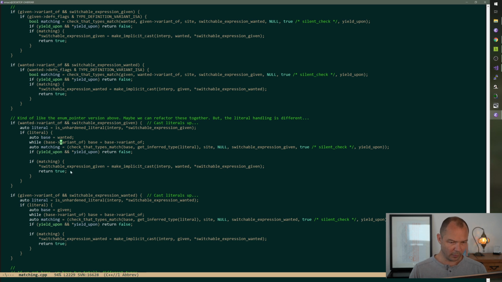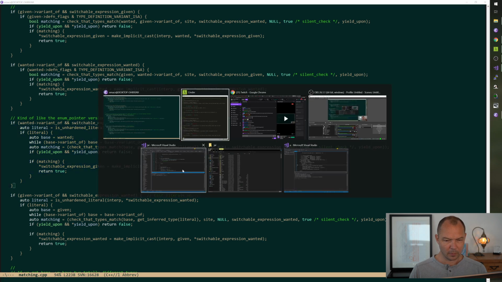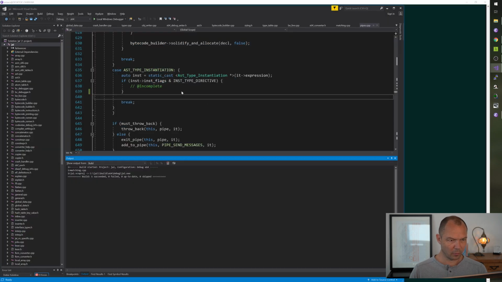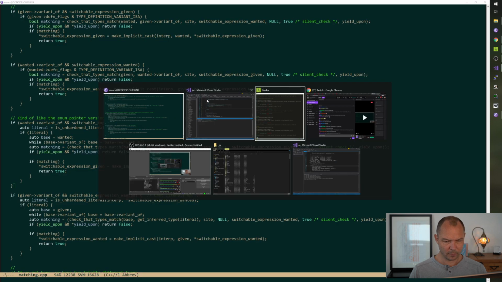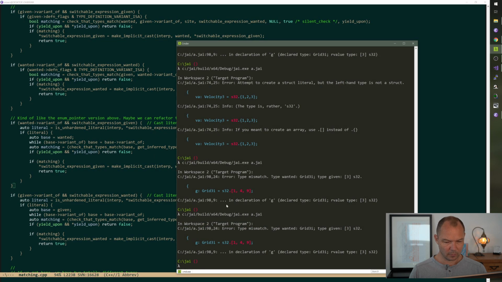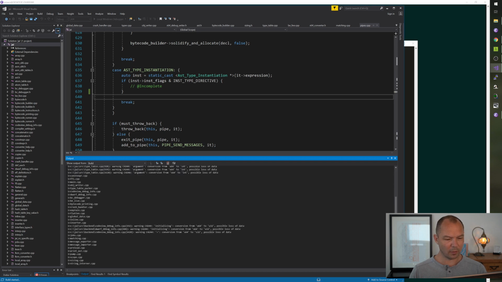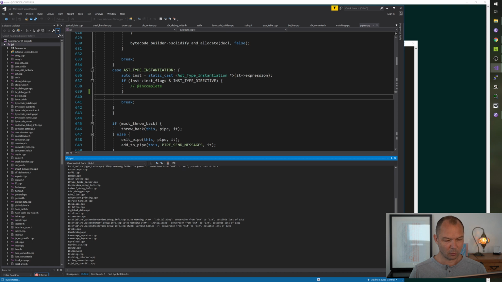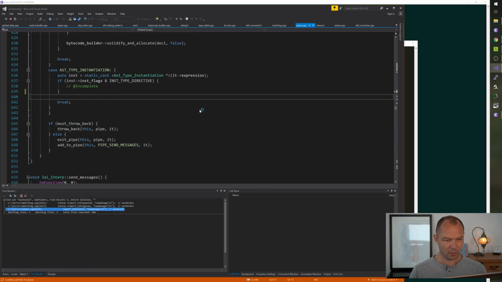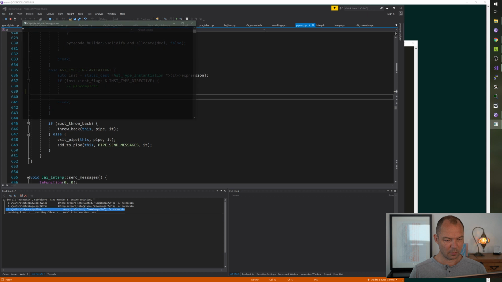I am not sure why this doesn't handle it, but it appears not to. Let's see if we still have breakpoints at the type mismatches. Oh wait, I thought I just said to compile. Okay. This is so slow. Wait, are we running the right thing?